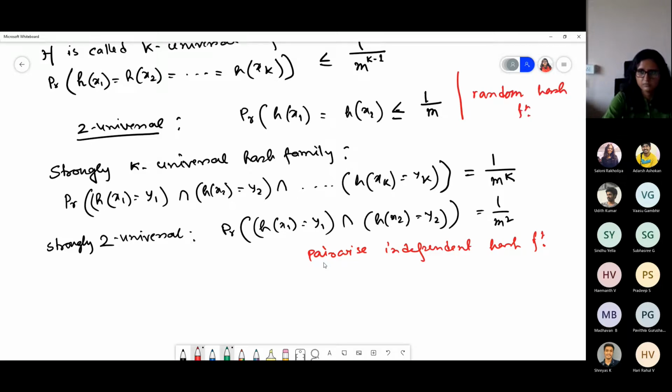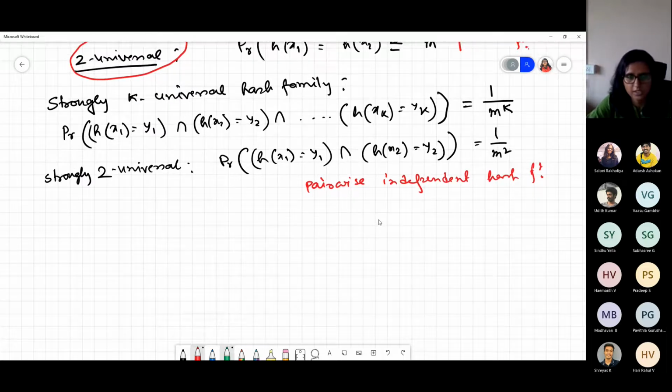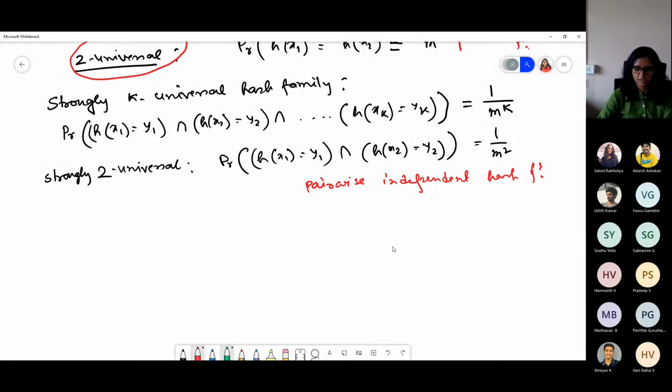So when we choose some hash function from the two universal hash family, that will act as good as the simple uniform hashing criteria. Okay, so when we talk about chaining, we need to choose from this two universal hash family. But you may not agree with my claim. In that case, we just have to see, if we use a two universal hash family, how the access time will be.